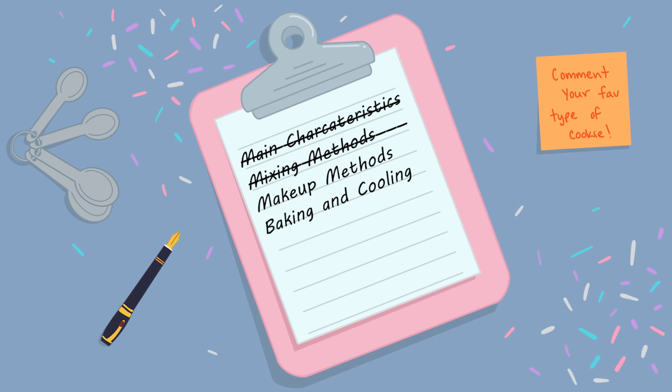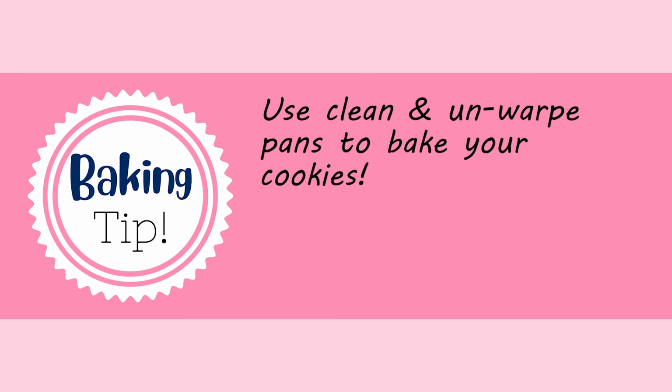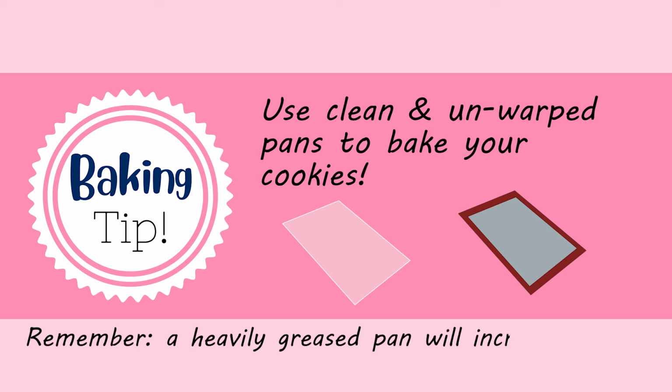Now that we've talked about the makeup methods, let's go over some guidelines for baking and cooling your cookies. When it comes to the baking pans, you always want to make sure they are clean and unwarped. Instead of greasing the pan, it's much faster and easier to use either parchment paper or a silicone mat. If you do bake your cookies directly on the pan, remember that a heavily greased pan will increase the spread